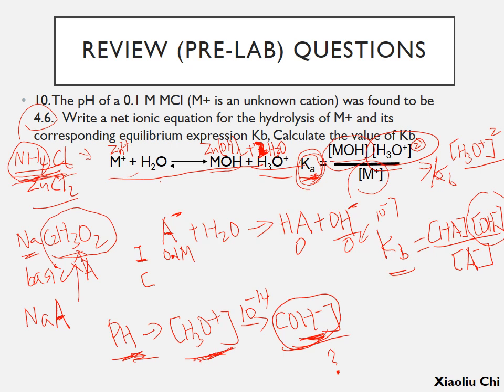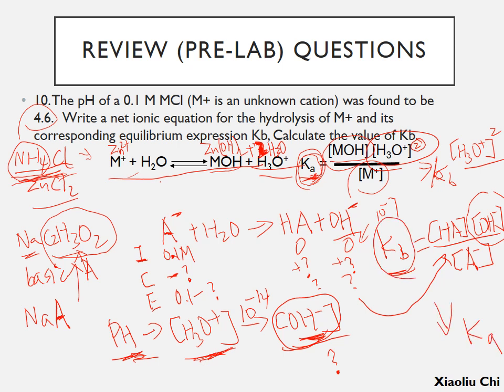And due to the stoichiometry, the weak acid should have the same concentration, and the anion change is negative. So this is positive, this is positive, this is negative. So what's the concentration at equilibrium? It is the initial minus the change. Here the same. So plug all these into Kb, so you can calculate Kb,